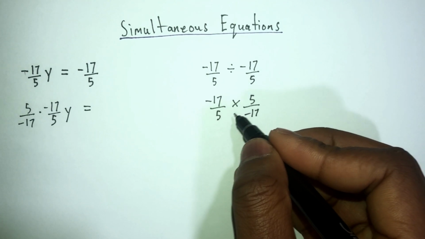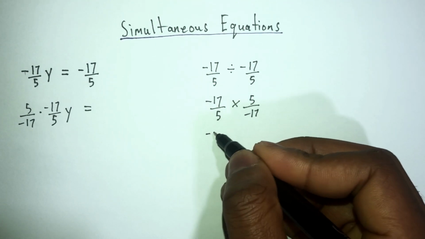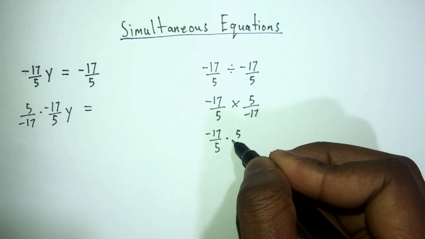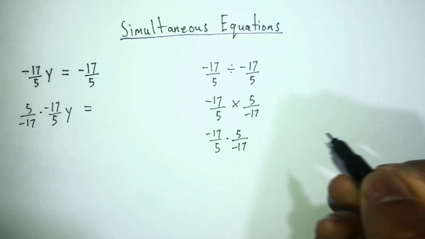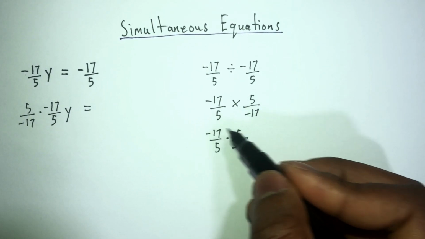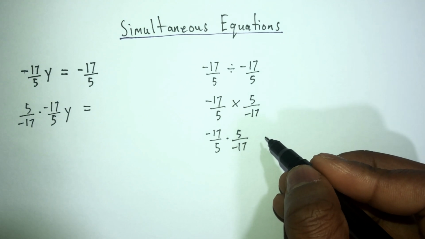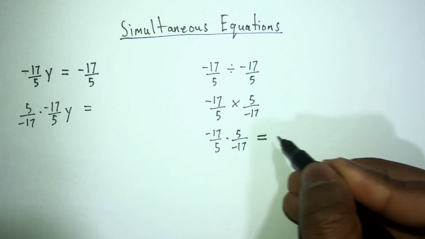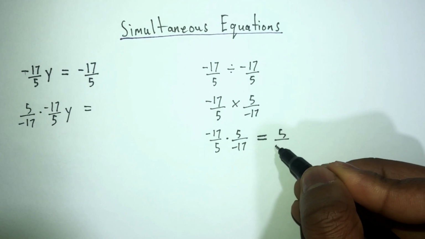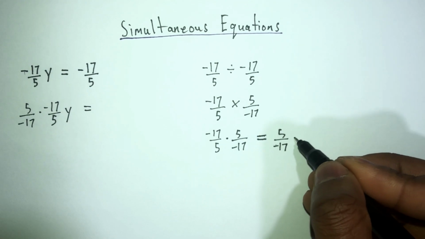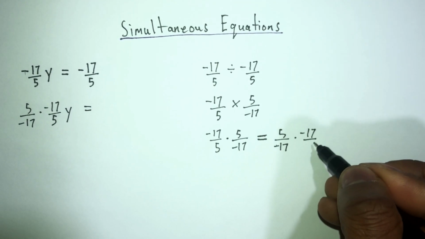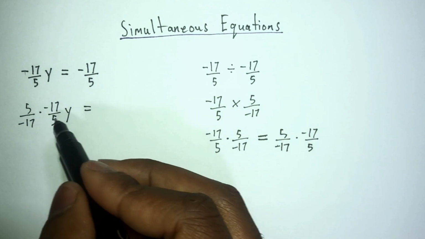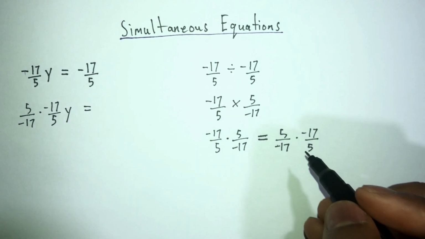This multiplication operation can be written as negative 17 over 5 times 5 over negative 17. And due to the commutative law, this is the same as 5 over negative 17 times negative 17 over 5. And this is what I have here. And let me